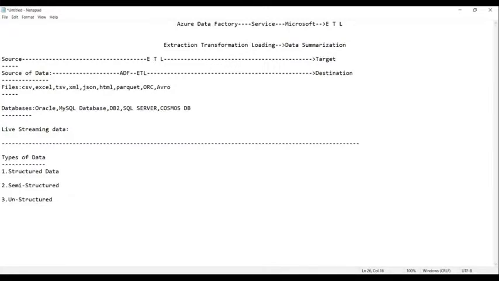Unstructured data. So these are the three types of data we can have: structured, semi-structured, and unstructured. Am I right, everyone? Okay, guys. Now let us try to understand what exactly structured, semi-structured, and unstructured data are. So, guys, structured data is nothing but data that is already